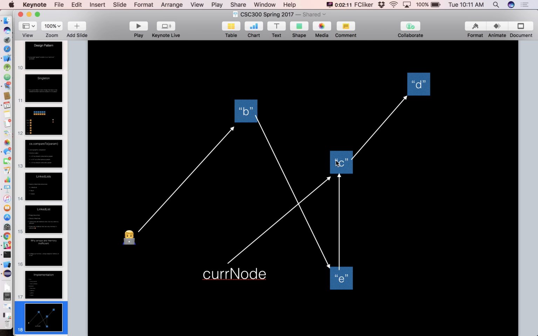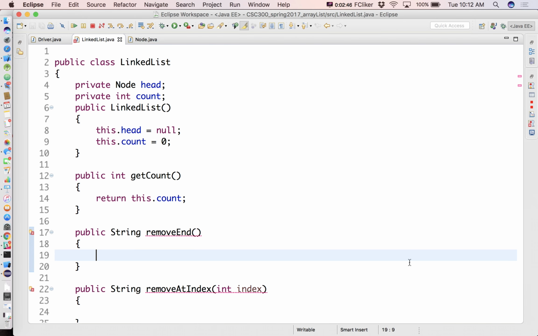All right. So in order to get to the node whose next node is null, that's effectively what we want here, right? So walk our list until we hit a node whose next node... well, we do have a special case where we have the one list, correct? If that's the case, then we know head points to it. Otherwise, we have at least two things in the list, which means if this was the last thing in the list, we would just get to there. That is the guy whose next node's next node is null. So let's write that piece. And we do have a count. So if self.count,